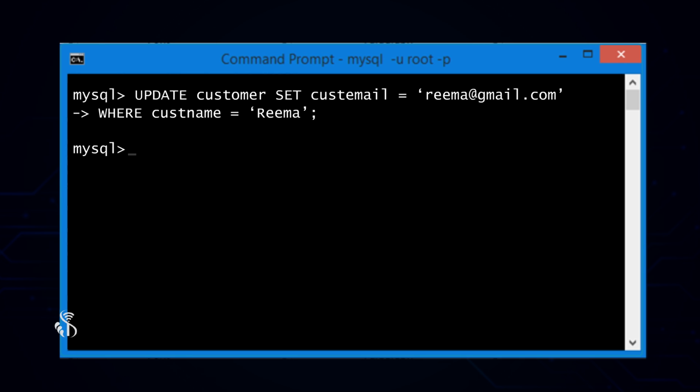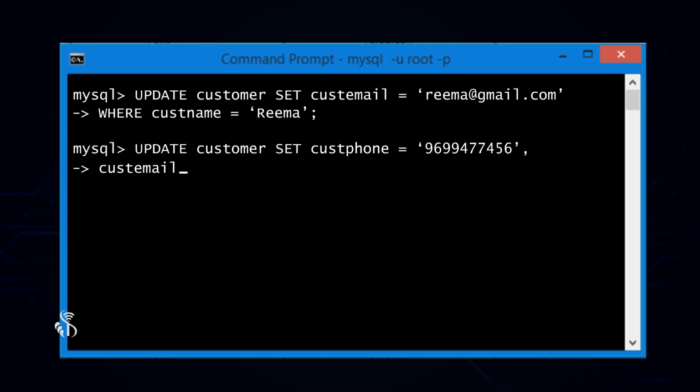We can update more than one column with a single update statement. Update customer set customer_phone is equal to, in single quotes, mobile number, customer_email is equal to, in single quotes, soham@yahoo.com where customer ID is equal to 6;